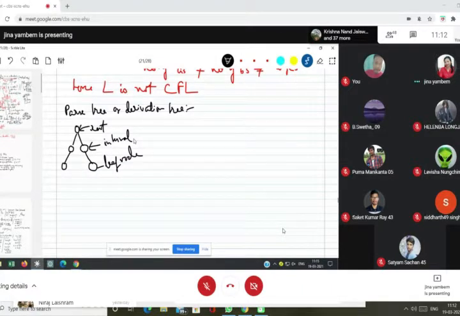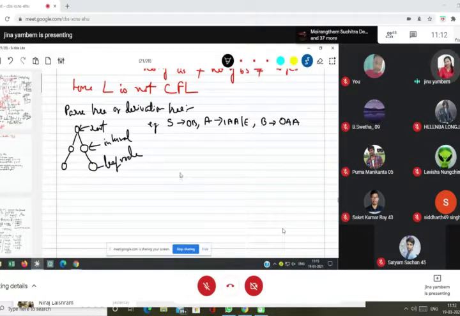Now, regarding this parse tree, right, or derivation tree, let me just take one example and then explain it like that. I have told this is related to context-free grammar. So let me take an example of a context-free grammar. All the capital letters are representing non-terminals. Okay. Now, how to construct a parse tree or derivation tree for this particular context-free grammar means it has to,